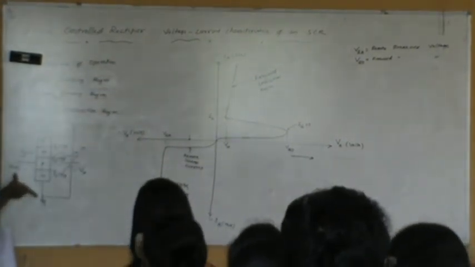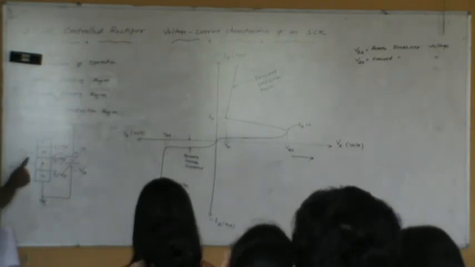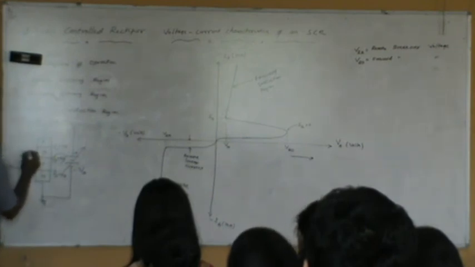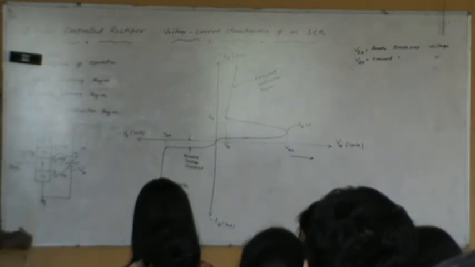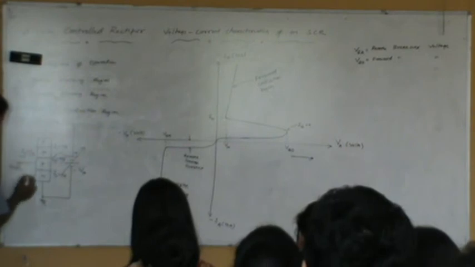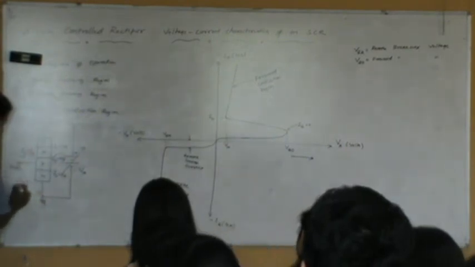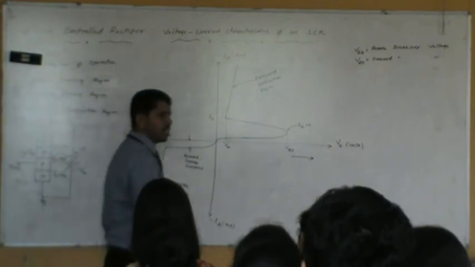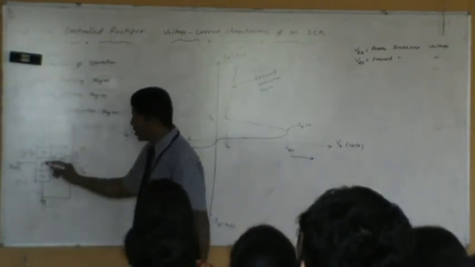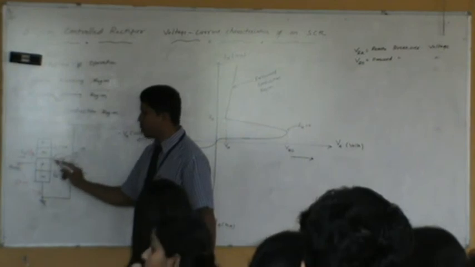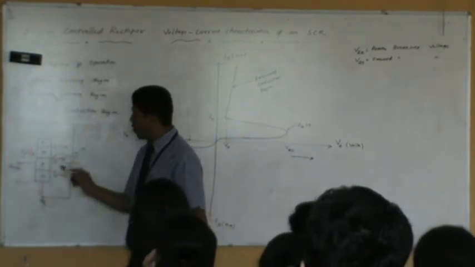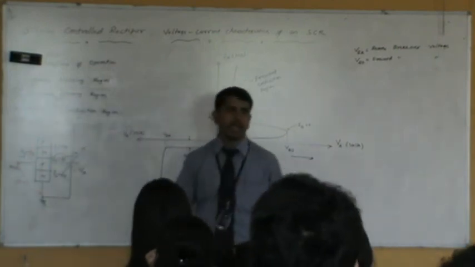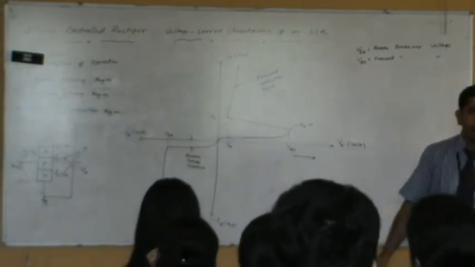If you apply some voltage, that results in a gate current. Now let me assume that we apply some gate current. Let's say Ig is equal to Ig1. Some gate current is flowing because of some positive voltage applied between this particular P type and N type. And because of that, what will happen to this junction? This particular junction, which has been reverse biased, since you applied positive gate voltage, will now become forward biased because of the application of gate voltage.